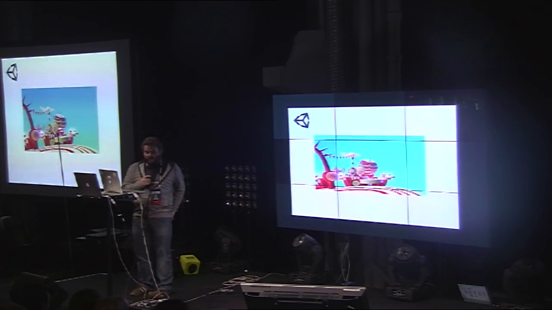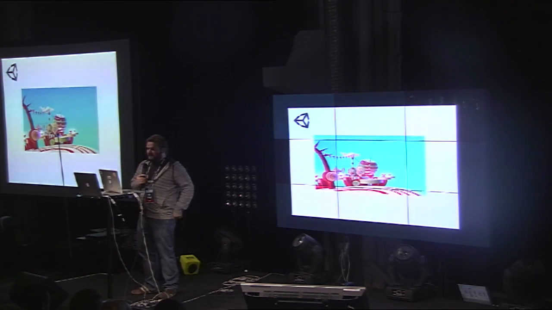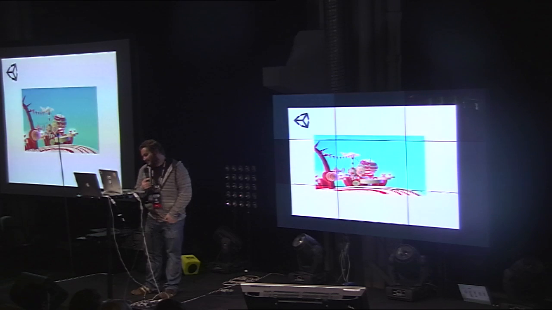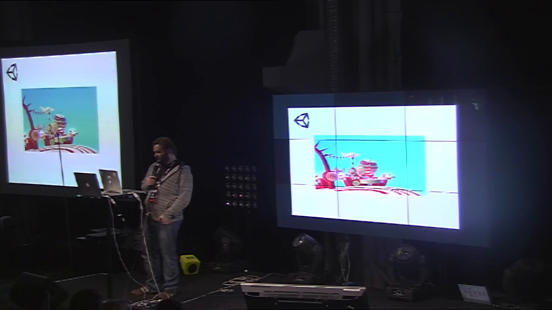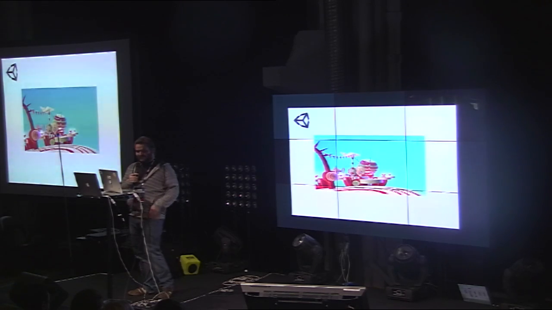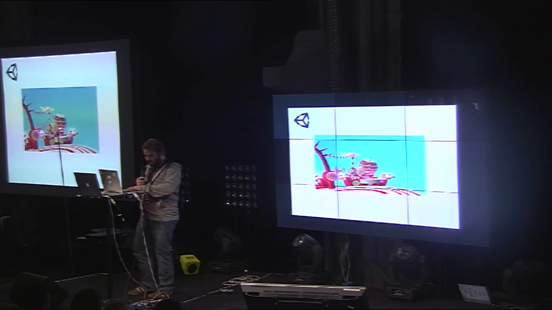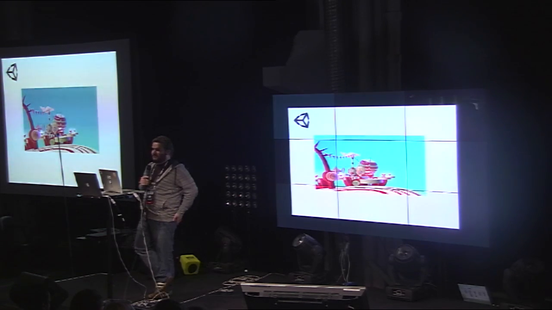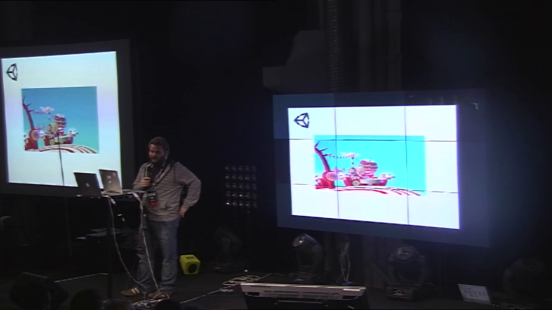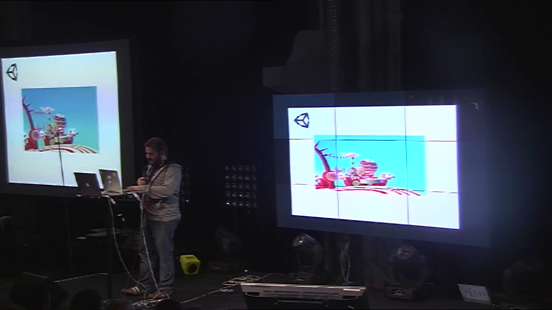So yeah, this is how it all began. This is the very first game that was ever produced technically with Unity. This is a game that everyone will be familiar with. It's called Goo Ball. It was only available on Mac. I don't think anyone's ever played this game. But yeah, this was how Unity began as a small company, actually called Over the Edge Entertainment at the time. And this was the very first game that was made with the tools.